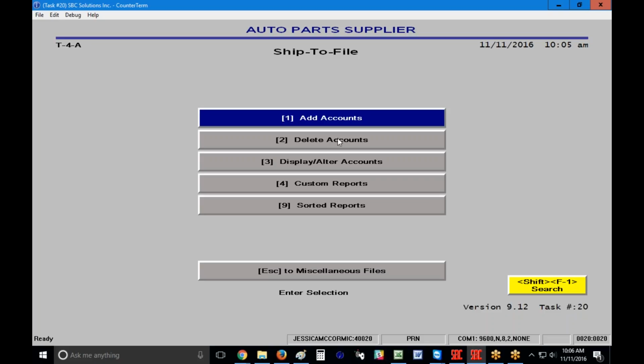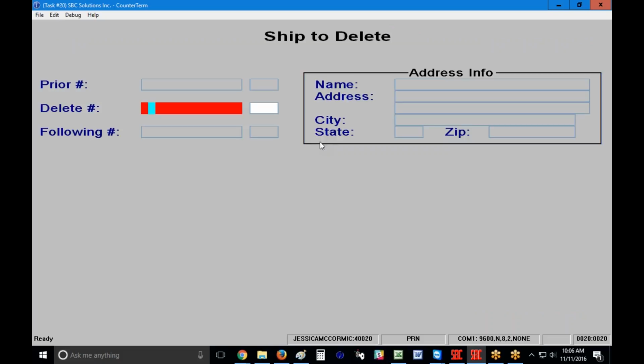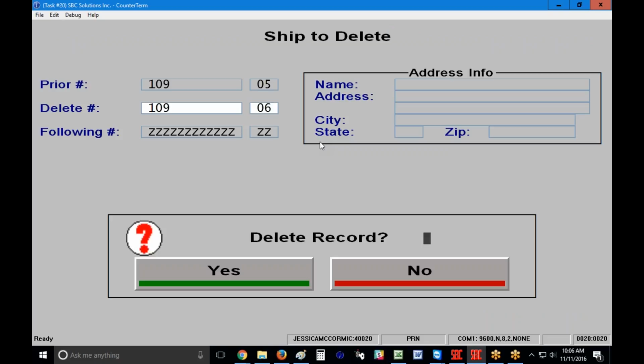If I want to delete an account or delete a Ship To record, I'm going to go to number 2, and I'm simply going to type in the same information that I did when I added it. So 109, and then which subcode do I want to use? 06, that's the one that I had just added. If there is address information already populated on that screen, you're going to see that here on the right. Nice thing about that is you can confirm whether or not this is the Ship To that needs to be